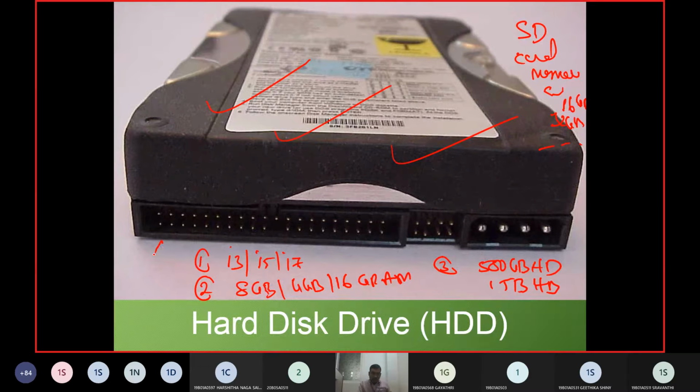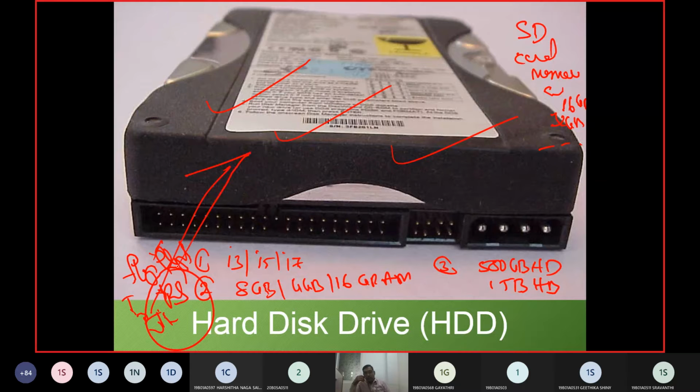How is the hard disk maintained? Hard disk is maintained with flip-flops. What are flip-flops? They are the J flip-flop, D flip-flop, JK flip-flop, RS flip-flop. So using the flip-flops only, the hard disk was manufactured. Then there is a magnetic material inside it, and this magnetic material stores all your Python programs, Java programs, or machine learning programs in the binary number system, in zeros and ones.